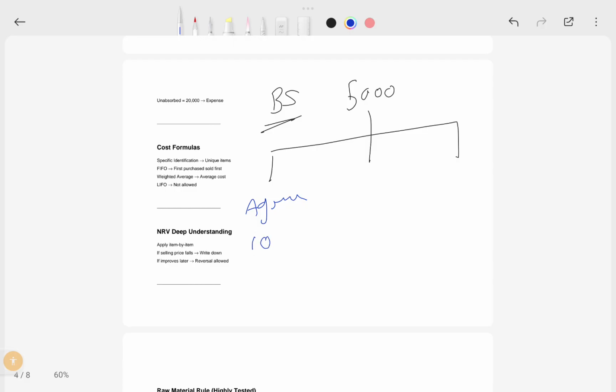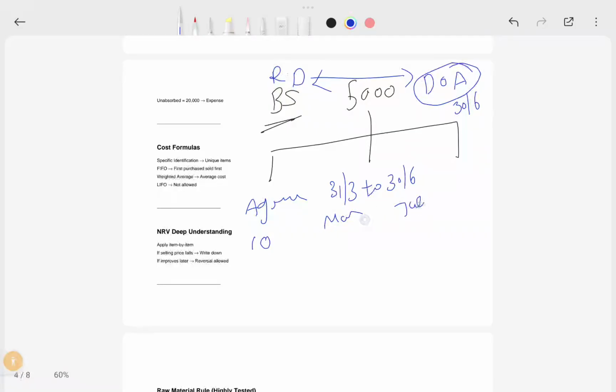And the second case, this is the balance sheet reporting date, right? On this reporting date, and the date of approval of financial statements, say for example 30th June, from 31st March to 30th June, which is your audit period, in that period you have sold at 11 rupees. Here you agreed for 2000 quantity and you sold 1000 quantity after that, and the balance 2000 is in your stock till the reporting date, and it is still unsold,